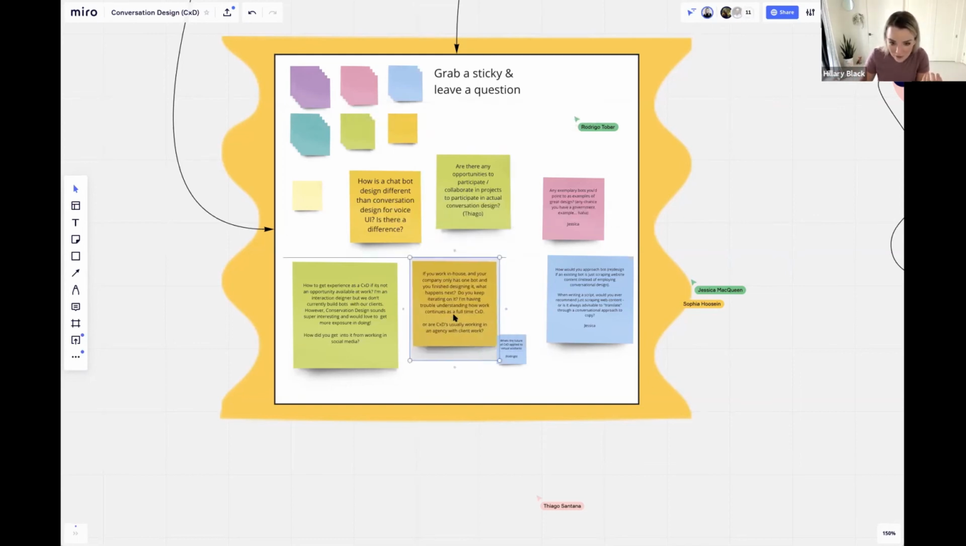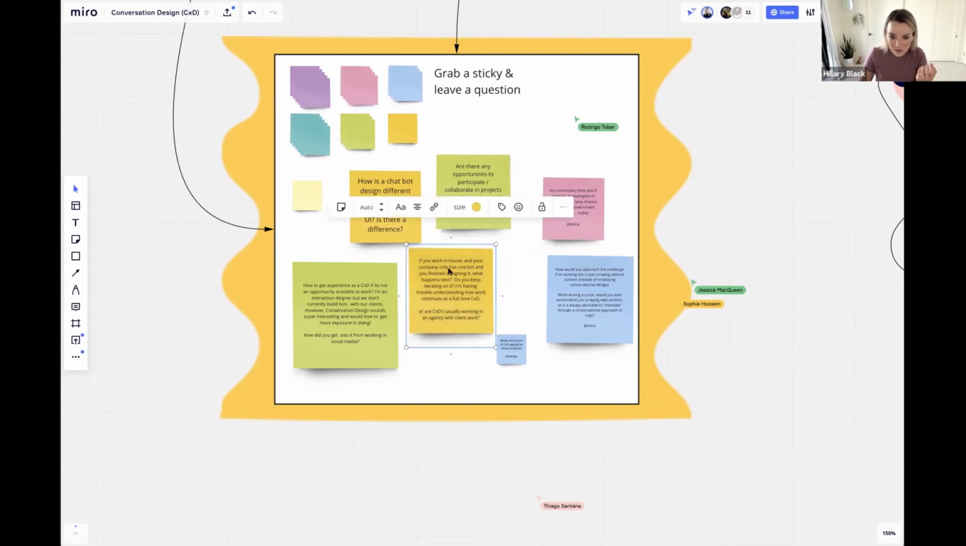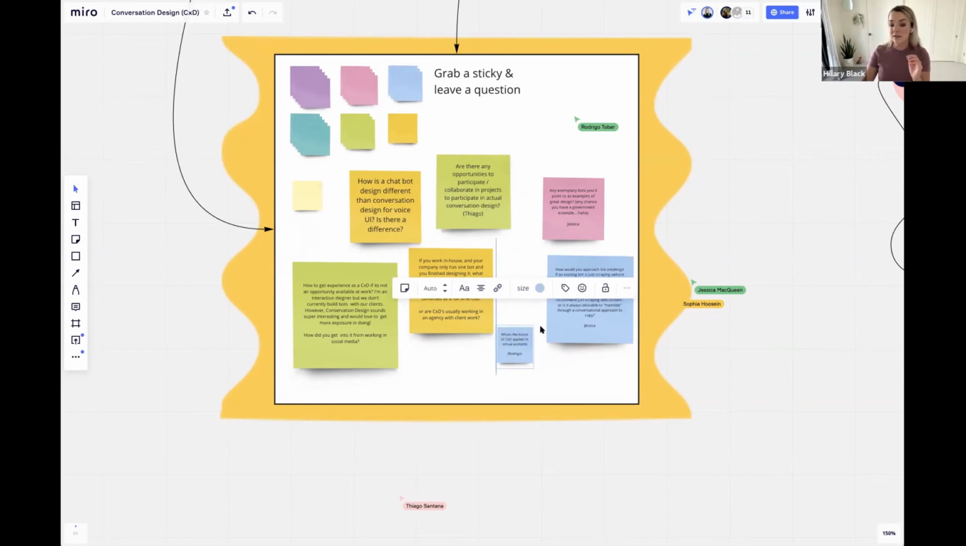Okay. If you work in-house and your company has only one bot and you finish designing it, what happens next? Do you keep iterating on it? I'm having trouble understanding how work continues as a full-time conversation designer, or a conversation designer is usually working at an agency. That depends. So there's conversation designers working